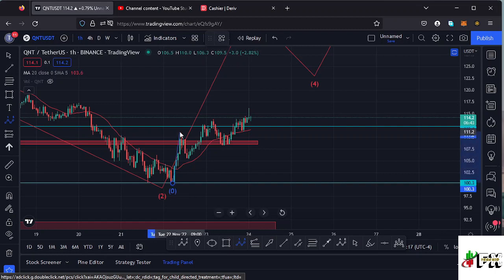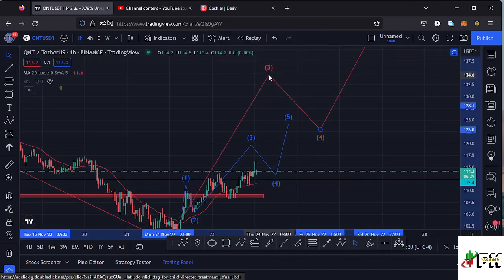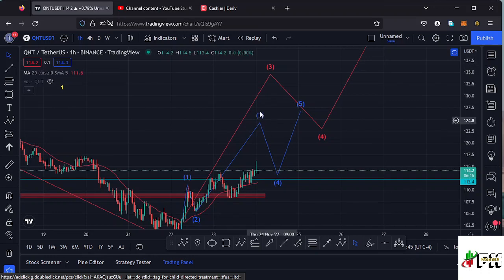So we have this as the first wave, then a retracement in the formation of a wave 3. I'm expecting this to be a wave 3 to the upper side, then I will also expect a wave 4, and then continue pushing higher in a wave 5 to complete this higher Elliott wave count 3, which is right here. And to give you a minimum target area to the upper side in the formation of this wave 3